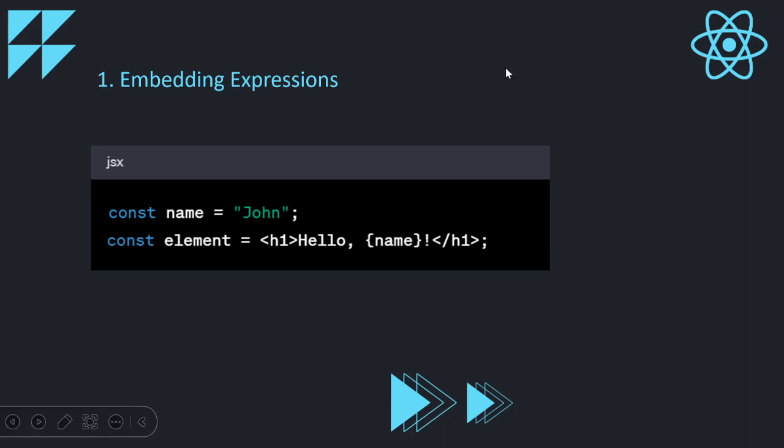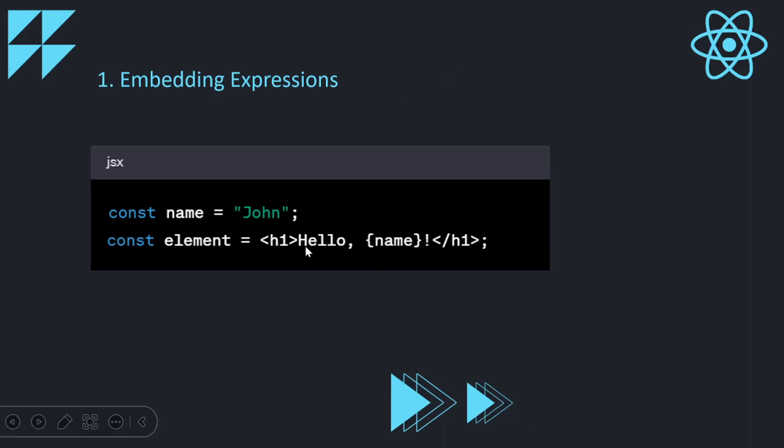So here in the example, you can see that we have written JSX. Basically, we have created a constant element. This is JavaScript. You already know that in JavaScript, we create a constant and we write the name of it, and we have assigned some value to it. In the value, we have assigned an HTML tag where h1 is mentioned, and inside that we have written hello, and inside the curly braces we have written the constant name. So you can see there is a mix of HTML and JavaScript. This is what we call JSX.